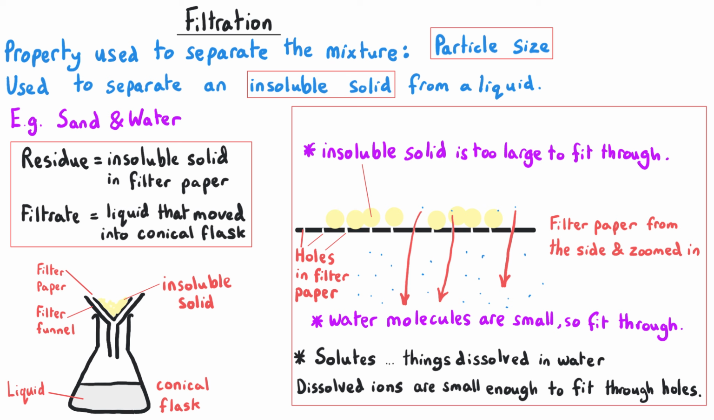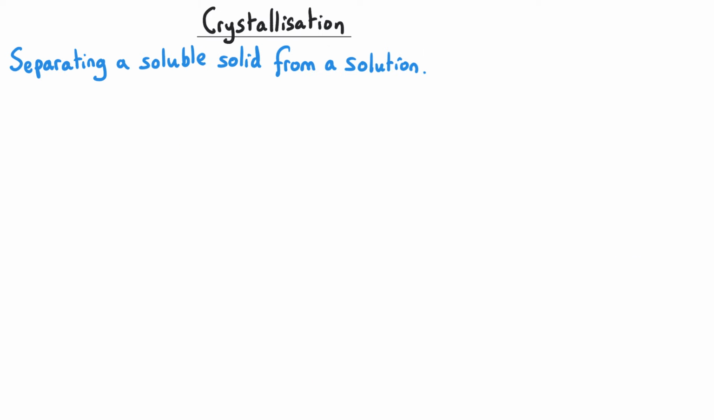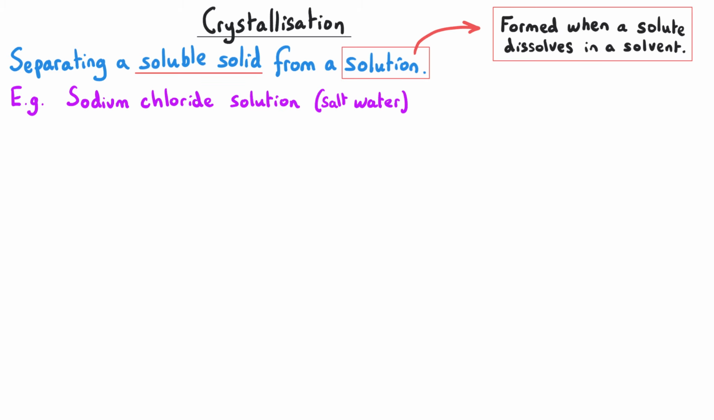And so dissolved solids can also pass through filter paper and can't therefore be separated in this way. And so filtration is only used when we want to separate an insoluble solid from a liquid. Crystallisation is a technique that we use to separate soluble solids that are dissolved in a solution. Common examples of where we might use this technique are to separate sodium chloride or table salt out from salt